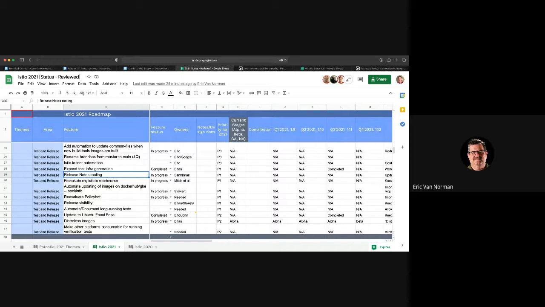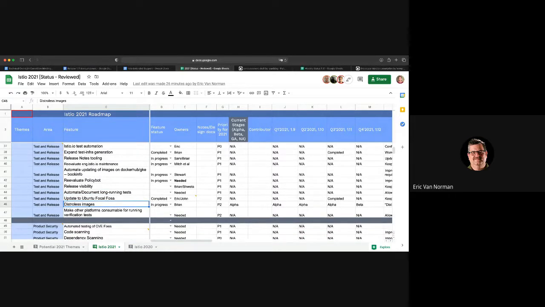And then we also want to look at PolicyBot. And I guess the last thing that's really on here, to try to keep things brief, that we want to try to do in 1.12 is the distroless images, getting that promoted from alpha to beta. And I think that's it, other than I've added one item within the TNR work group discussion for this next week to talk about getting periodic performance tests running. So I guess that would be another item on here.